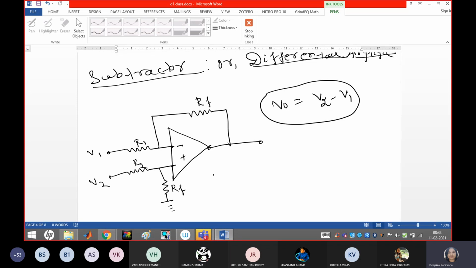The phase difference we are learning in a closed loop configuration. That's why the first three configurations had been taught to you. You have seen in the summer case also, no? If you take the input in the inverting input terminal, what should be the output? Are you getting my point? From that point of view, suppose I name this as Vx and this is Vy, or I name this one as Vy and this is Vx, the answer is Vy minus Vx, not Vx minus Vy. If you do like that, what will happen, guys?